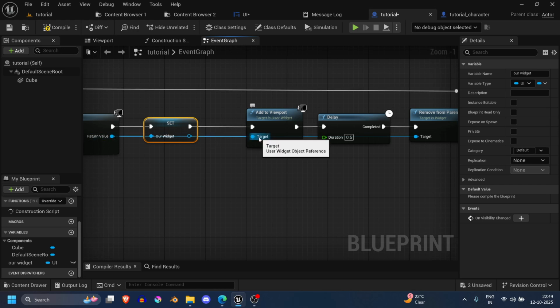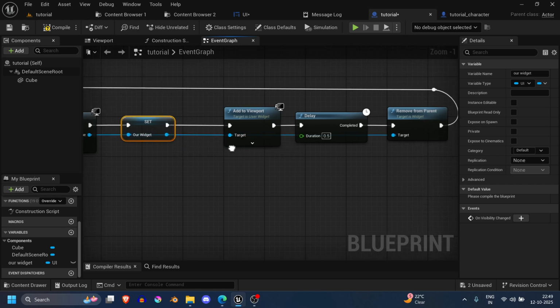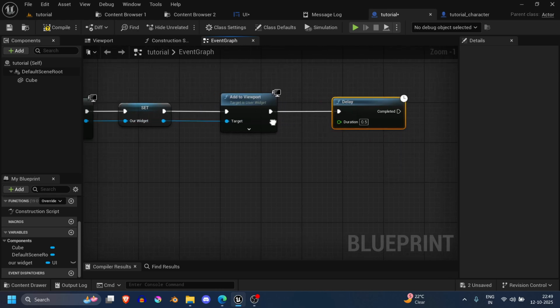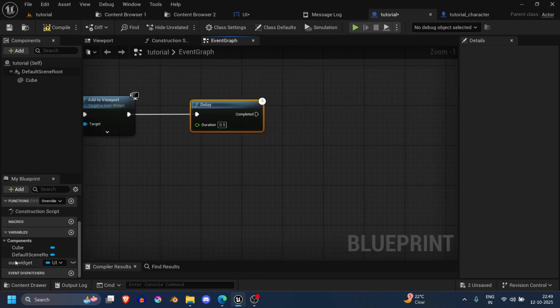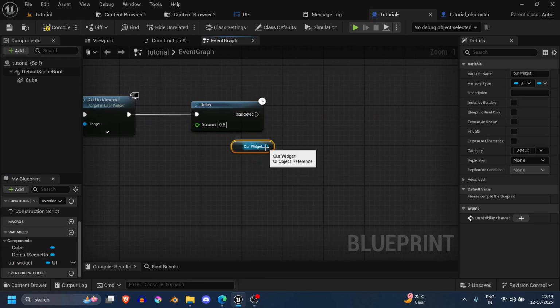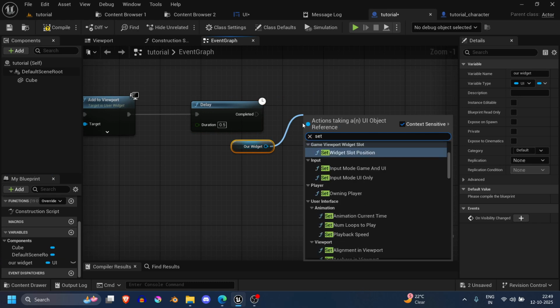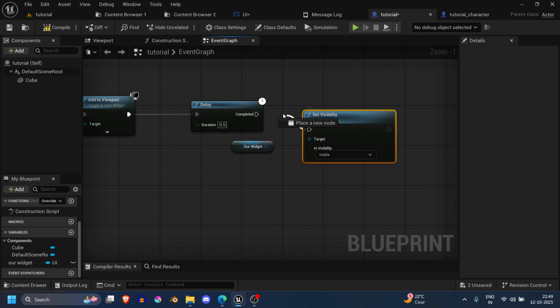Now moving forward, I'm going to remove Remove From Parent because we don't need it this time. We are going to make it visible and invisible by using a node which I already told you about, which is Set Visibility. And to get it this time around, I'm going to take the reference "our visit" like this, get it, and I will type Set Visibility, yes, and you will get a node like this